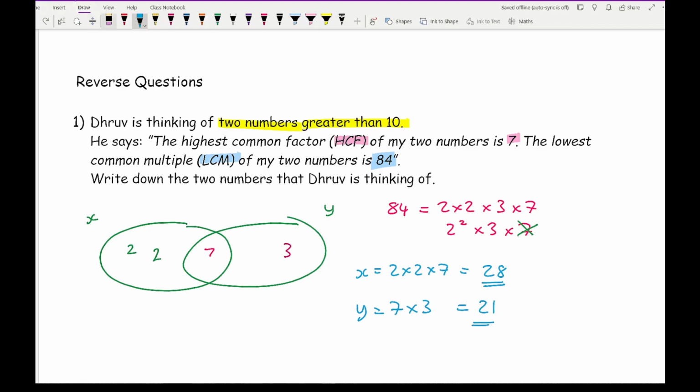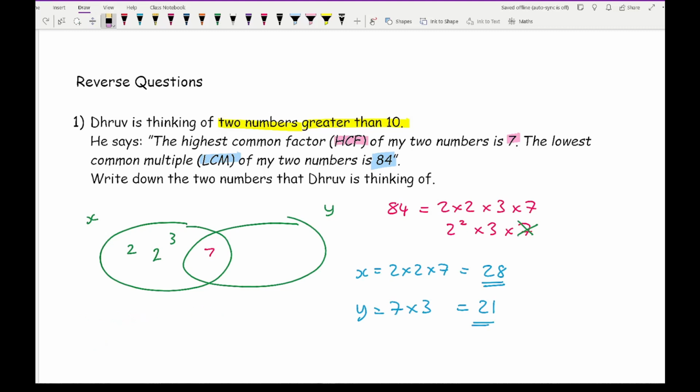Now, one thing you may have been tempted to do is put the 2 2's and a 3 all in one circle, which would have been fine. The highest common factor is still 7 and the lowest common multiple is still 84. But the problem with this is that my 2 numbers would therefore be 2 times 2 times 3 times 7, which is 84. And the second number is just going to be 7, and those 2 numbers there aren't greater than 10, so that there is not the